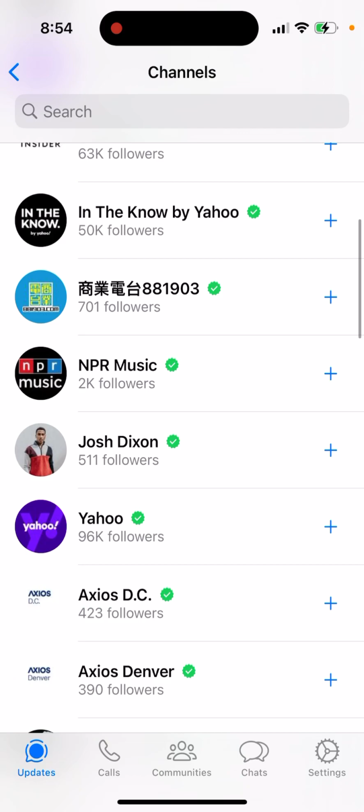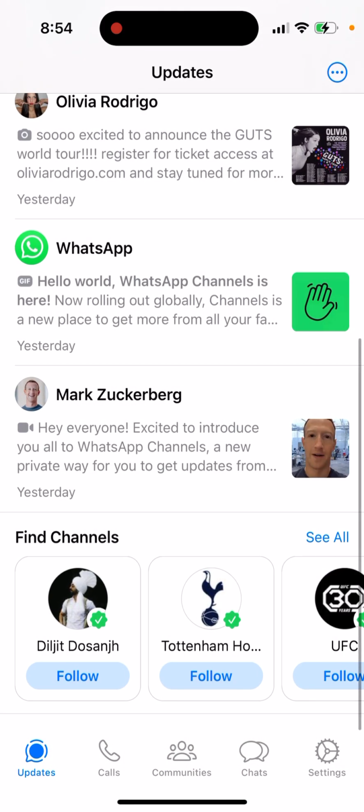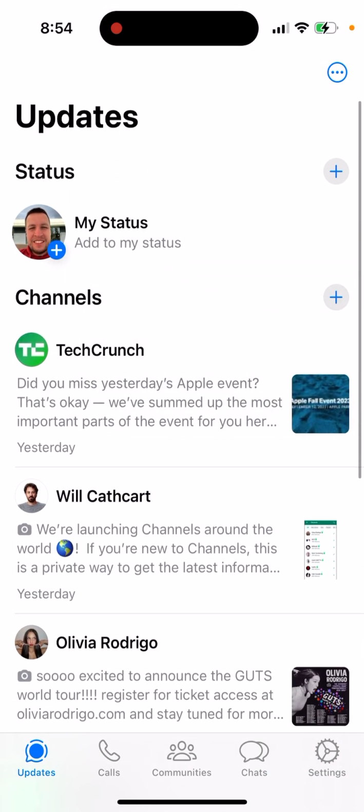And then you just again have your updates. You can just tap on the plus icon to follow specific channels. Ideally, in the future, you will be able to create your channel if you tap the plus icon. But because this feature is just being rolled out in stages, in phases, some features such as being able to create a channel are not yet available. So that's what it is.